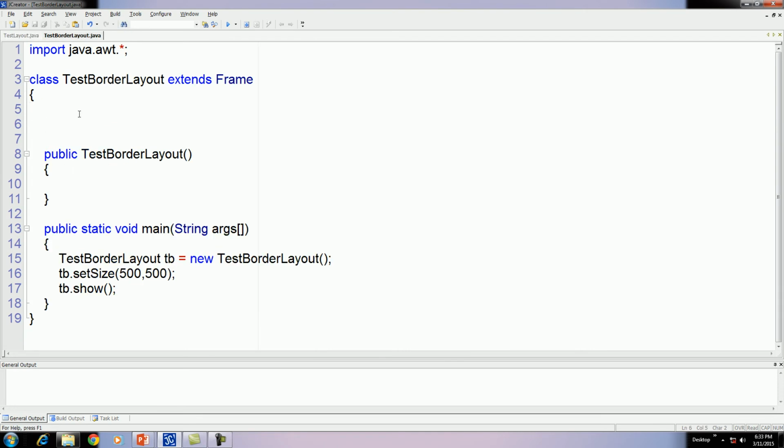For better understanding of this layout, suppose we have five buttons here, because such a layout has five constants. You can also set the layout to a frame directly. Therefore here we did not mention any panel.